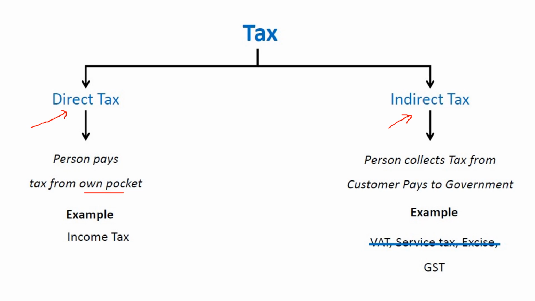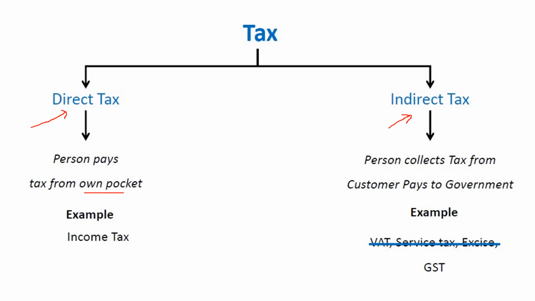So income tax is the example of direct tax, correct? What happens in indirect tax? The merchant collects tax from the customer and pays it to the government. Clear? For the product, the goods or services, the tax amount is included in the price, right? The merchant, or we can say a shopkeeper, gives the price of a product, and the tax that is included in it, that tax is paid to the government.